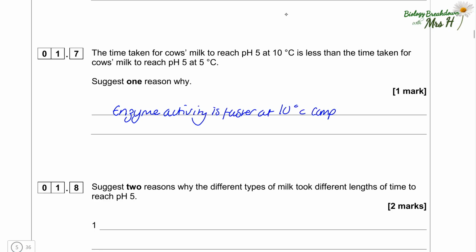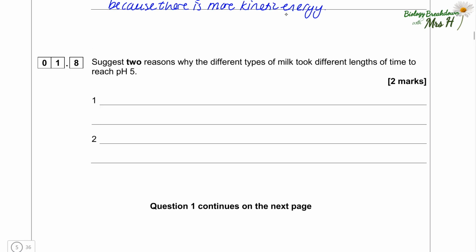at 10 degrees C compared to the 5 degrees C because there will be more kinetic energy at 10 degrees C. So that means the bacterial enzymes can break down the lipids and convert those into fatty acids and glycerol much more quickly. Suggest 2 reasons why the different types of milk took different lengths of time to reach pH